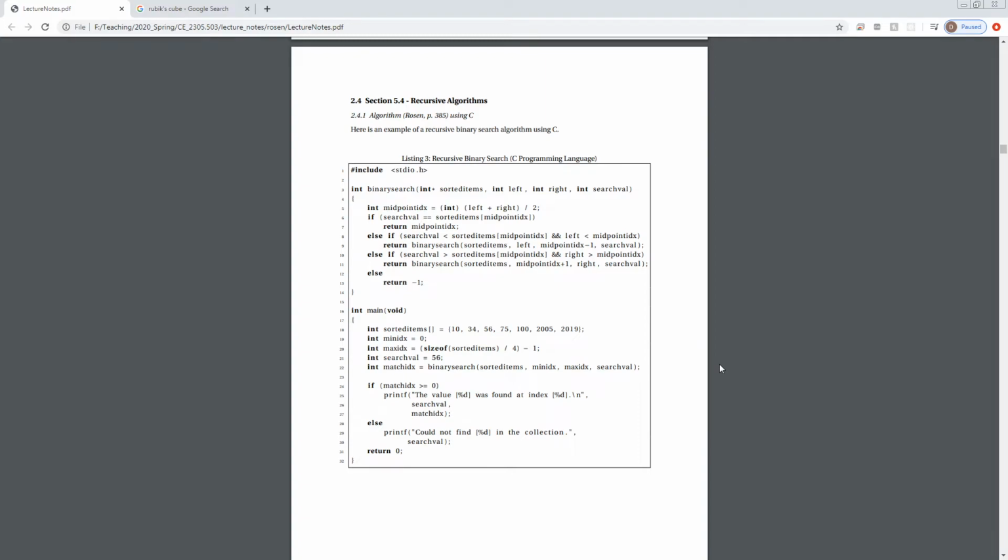But the idea is that you have your collection of elements, right? So this is an array of sorted integers, and then you define the minimum index for the array, which is 0, and then you define the maximum index, which is